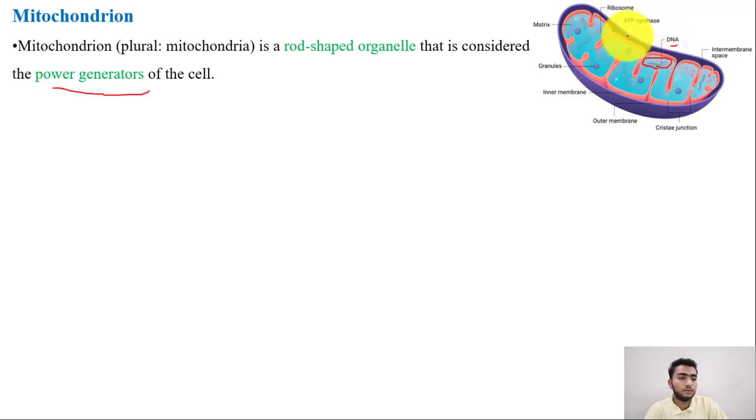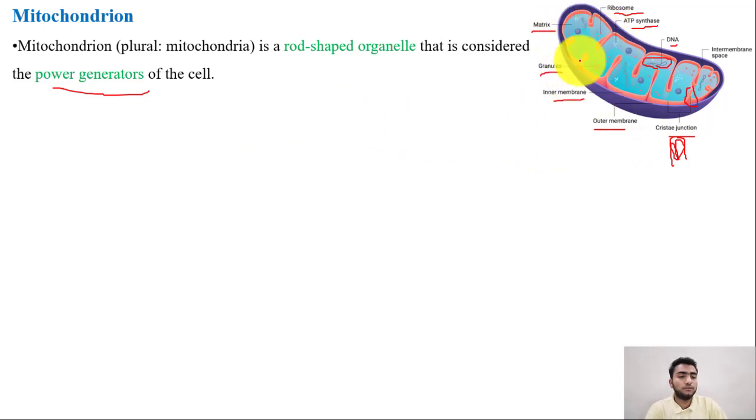That's really interesting. Then it has an ATP synthase, which is an enzyme that you do not need to bother about at this point of time. It has ribosomes that we are just going to take a look at. This is a matrix, and then there are various granules, inner membrane, outer membrane. So really two membranes are present, and the cristae junction; these are cristae, and this is our junction. Cristae are these sorts of structures, and they also serve a purpose.